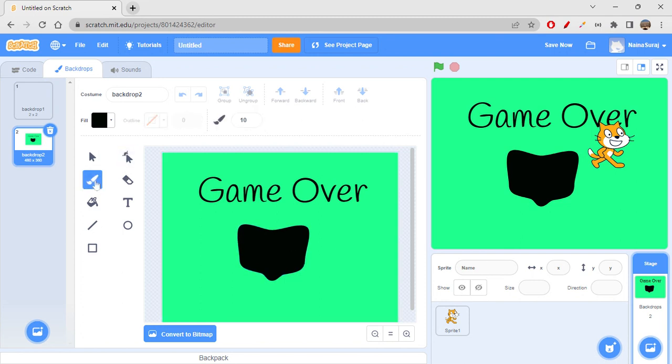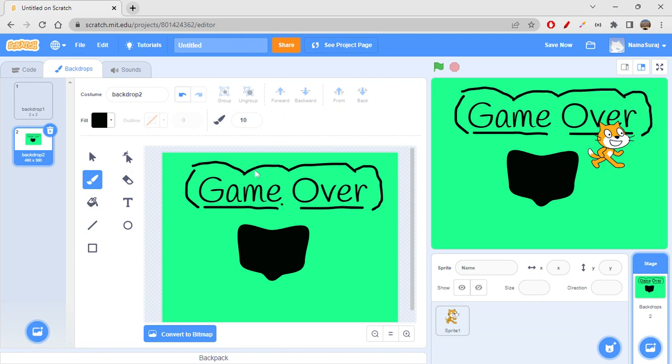Let's say you want to use brush and you want to underline something. So this is a freehand drawing which you're doing using the brush. Okay, like a freehand drawing. If you want to increase the thickness, you can absolutely increase it using this. If you want to erase something, you can just take the eraser tool and try to erase it like that. Okay. So you can completely erase whatever you don't want.